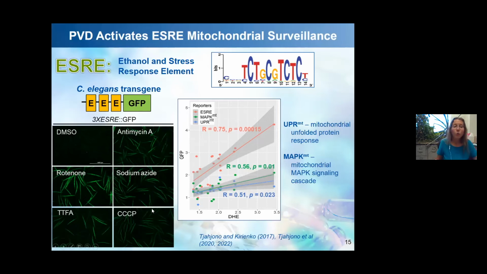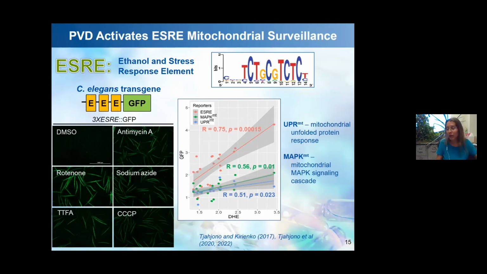So from that, we guessed, since S3 is upregulated under pyrogen treatment, that likely pyrogen does something to mitochondria. And specifically, S3 is known to be activated by the level of a superoxide radical, so by the level of ROS. Other mitochondrial damage response pathways like the mitochondrial unfolded protein response or mitochondrial MAPK signaling do not respond to ROS as clearly. So we hypothesized that pyrogen causes mitochondrial damage and that leads to high ROS.